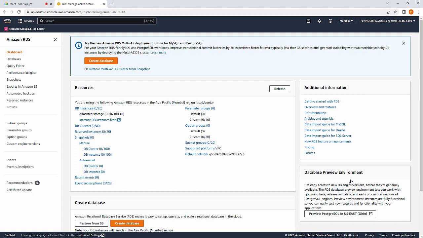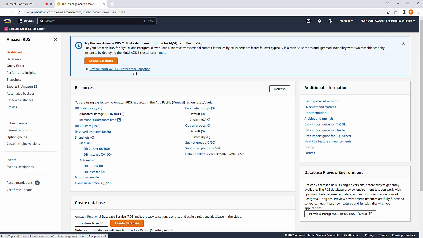And basically, if you want to create a structured database, you will be using RDS. It is used for automated provisioning, and you can have multi-AZ and scaling capacity. So now here you are having a restore multi-AZ. Multi-AZ stands for availability zones, and you can have a DB cluster from the snapshot, and you can take the backup, create the snapshot, and retrieve the